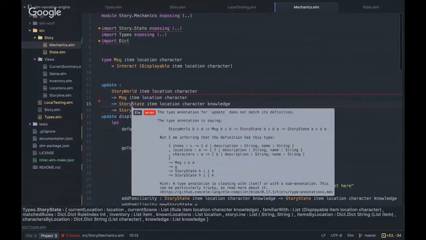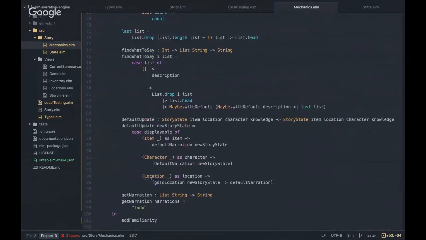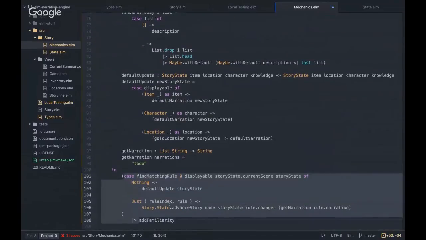Annotation saying story world message, story state, story state. But I'm inferring. So this is what a story world looks like for the most part, except that locations should give back a color. It's gotta be something to do with that color. I don't know why those are different. It's gotta be something to do with that color. What I'm gonna do is put all that back, but just do,